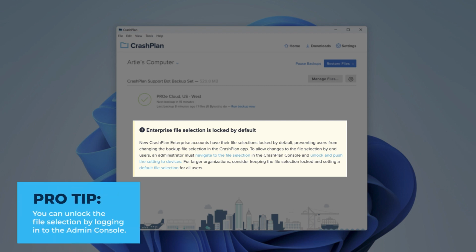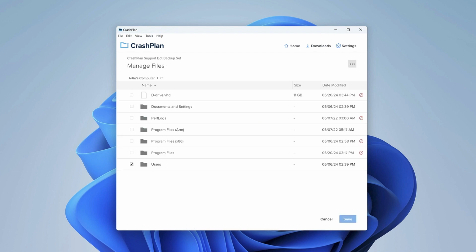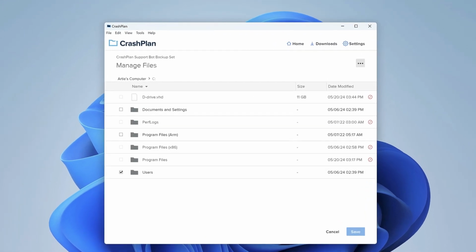To unlock the file selection, navigate to your organizational settings and unlock the setting. To change your file selection, click on the Manage Files button. From the menu that appears, navigate to the drive, folder, or files that you want to add to your backup